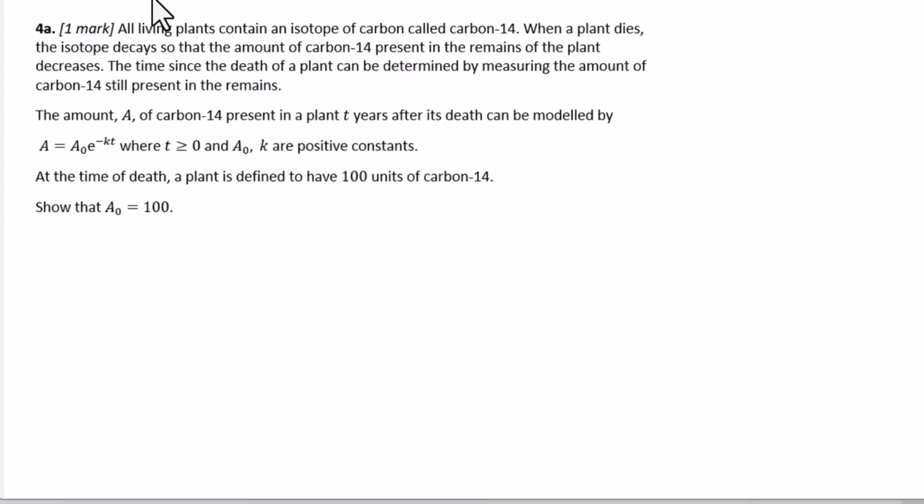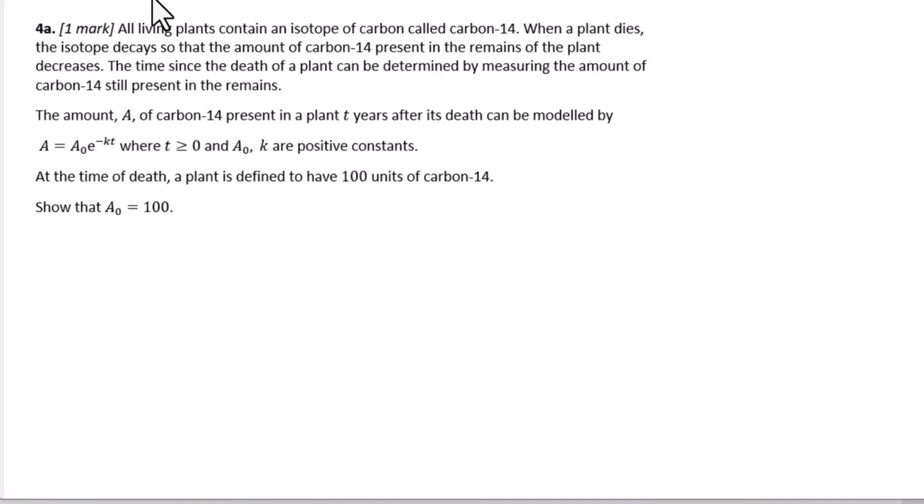All living plants contain an isotope of carbon called carbon-14. When a plant dies, the isotope decays so that the amount of carbon-14 present in the remains of a plant decreases. The time since the death of a plant can be determined by measuring the amount of carbon-14 still present